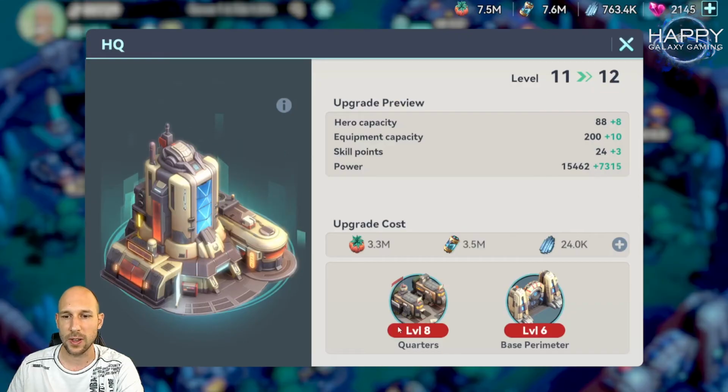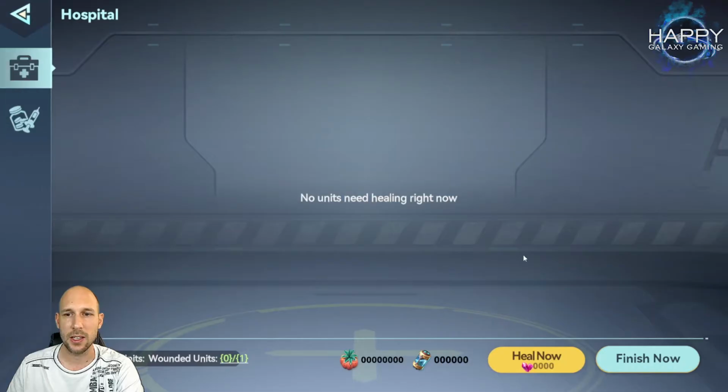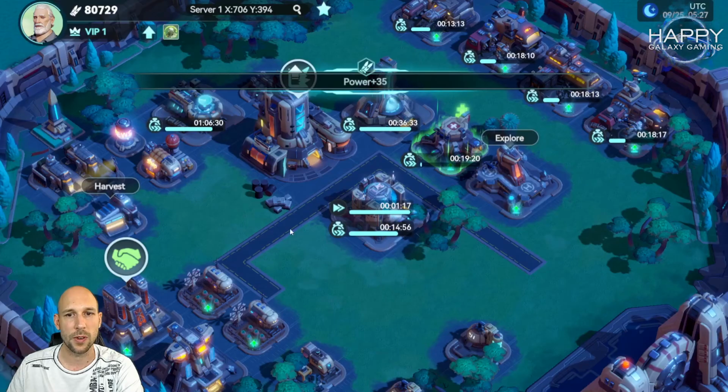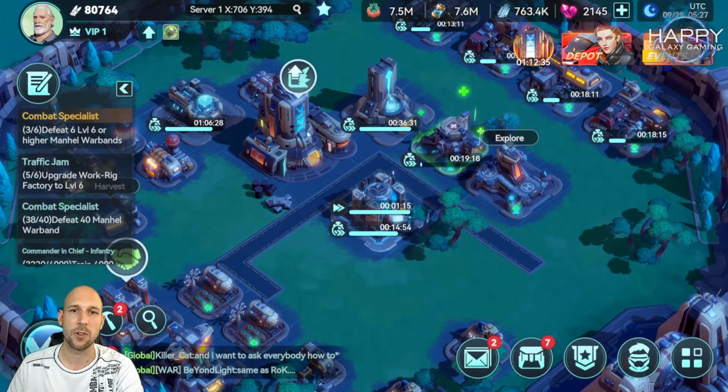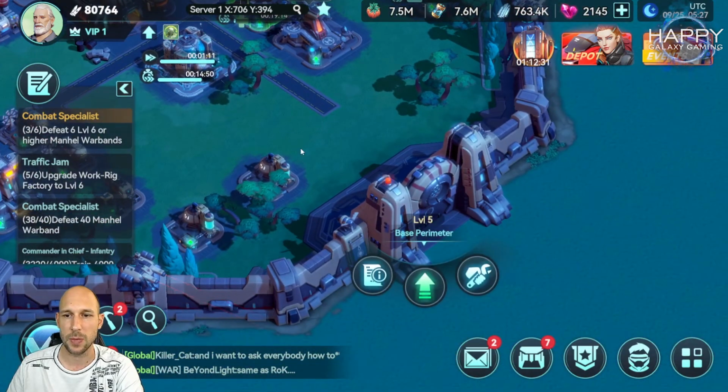Besides that, always try to push your HQ level. Doing this requires other things to be upgraded. Base perimeter and HQ takes pretty long. This is where I use speed ups during daytime, and I try to run it overnight. So I try to start before sleeping 1 additional HQ and 1 additional base perimeter,